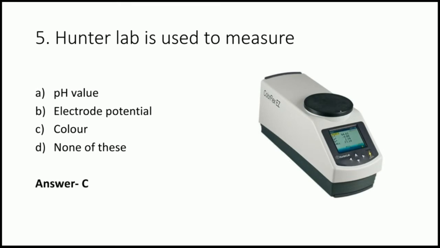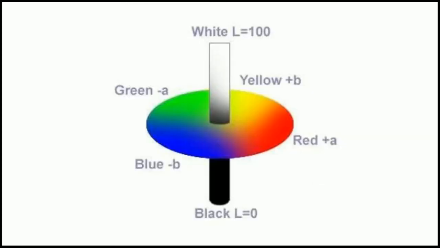We know that color is a very important part of a sensory evaluation. So the color of the food is to be evaluated, and that is being done by this Hunter lab colorimeter, and this measures the color in three terms, that is L, A and B. So various parameters are given here. In these parameters, the Hunter color colorimeter measures the color intensity of any food sample.